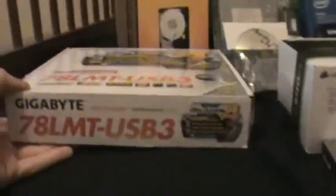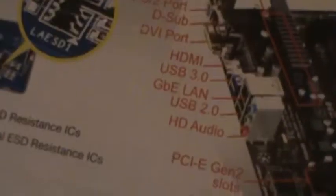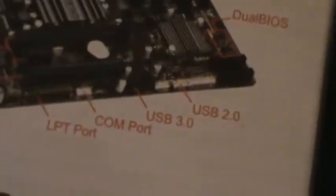Here's the motherboard I'm using, the Gigabyte 78LMT-USB3, part of the Ultra Durable class, and it is nice. This is the Revision 5 motherboard. It caught my eye because it's nice and small, and it's a mATX motherboard. It's perfect for this build. It has USB 2, PS/2 ports, D-sub, which is VGA, and DVI, HDMI, USB 3, as well as a USB 3 header on the motherboard. Gigabit LAN, USB 2, there's actually a lot of USB 2s on this, HD audio, PCIe Generation 2 slots, and a regular PCI slot. What I like also about this, it has a parallel and COM port, which I have a bracket for, USB 3, USB 2,